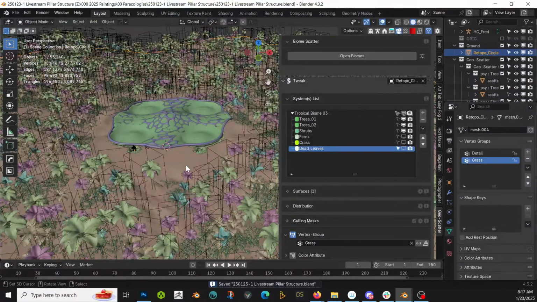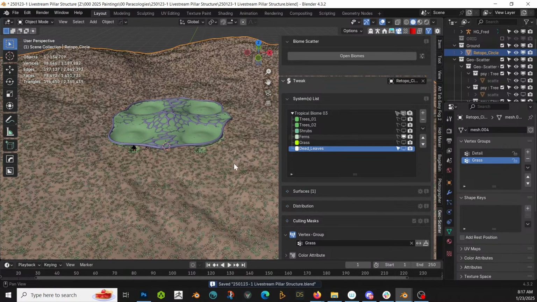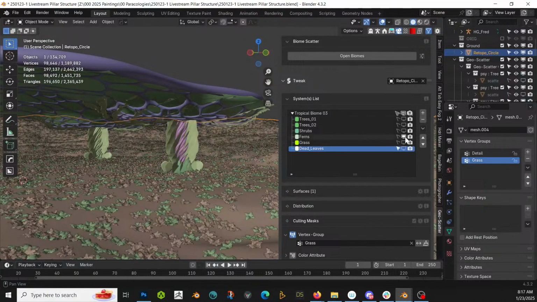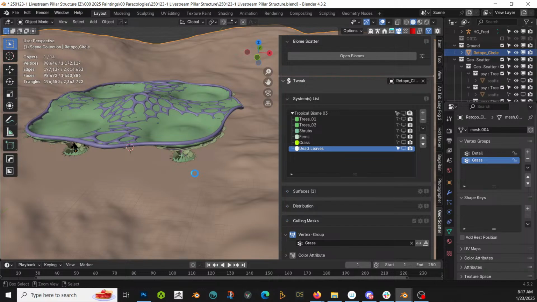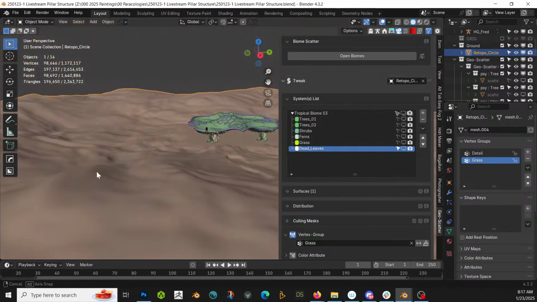So those aren't going in the middle, but we have grass that is and ferns that are. Let's just see what they look like. Save just in case this freaks out. It's not too much. That's fine. And we'll assume that the grass is okay, because grass is just going to be big on this thing. Alrighty. So that's coming well. Now,